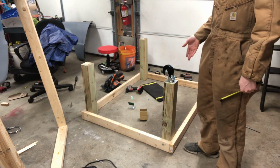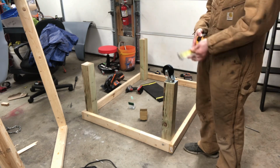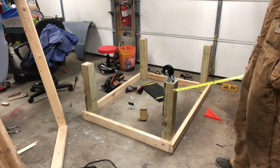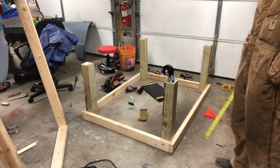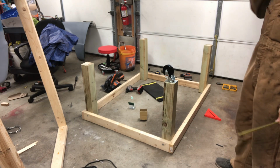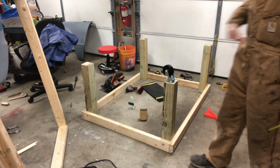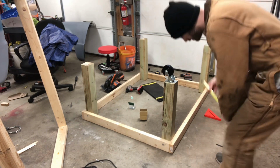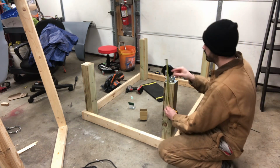I got a 4x4x8, cut it into 2-foot lengths, and whatever casters you get, you want to get those too before you start building these, and set it on the top. Put your tape along the edge,